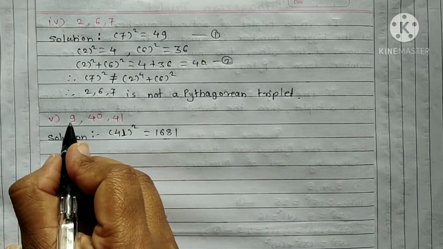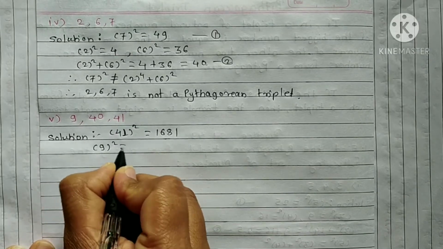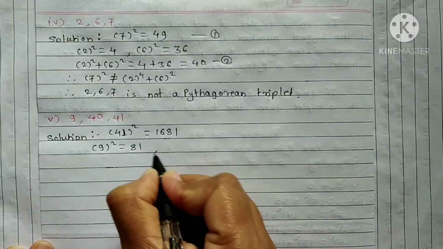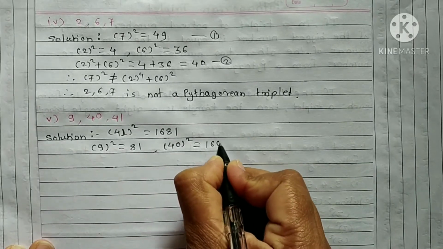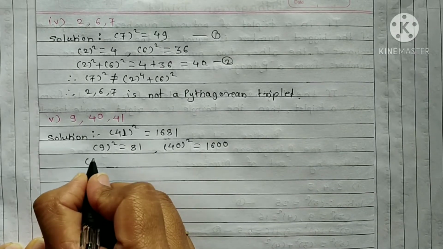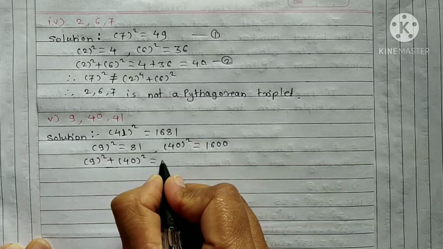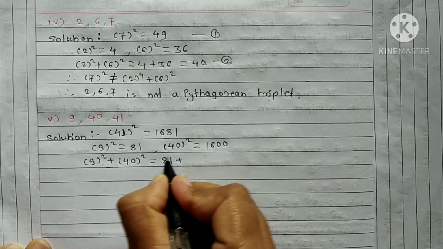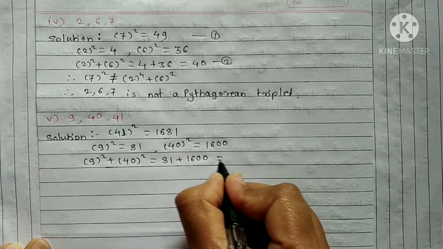Now the squares of the other two numbers: 9 square is equal to 81 and 40 square is equal to 1600. Now add these two numbers, that is 9 square plus 40 square, which is 81 plus 1600, which is equal to